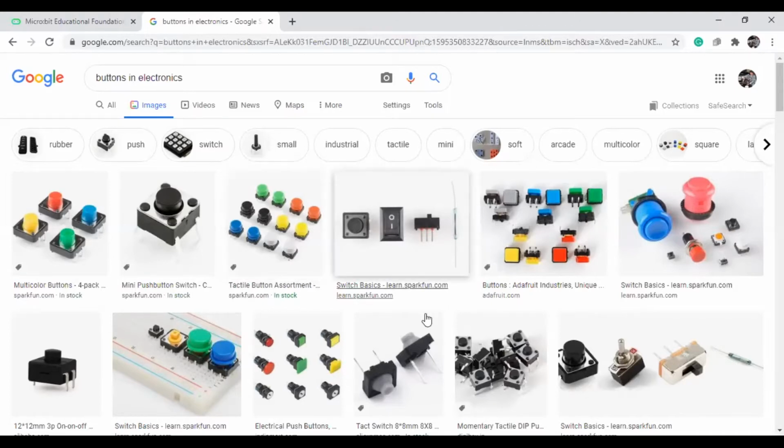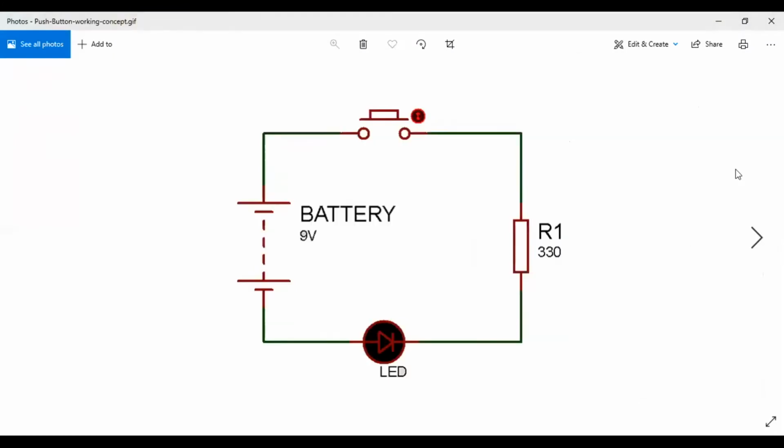I have a small demonstration here, you can see. If you observe, it is closing and it is opening. When it is closing, the electricity is passing here and the LED is on. When it is open, it is not passing. This way the push buttons are working. If you keep this type of push button in our micro:bit, how will it work? If you want to check, then come, we will see that.